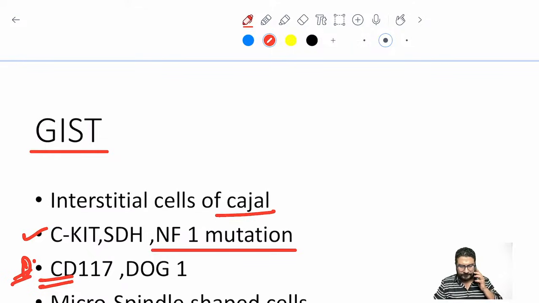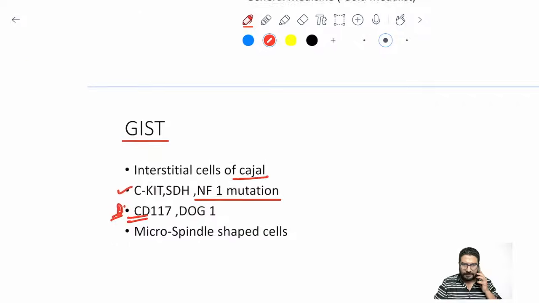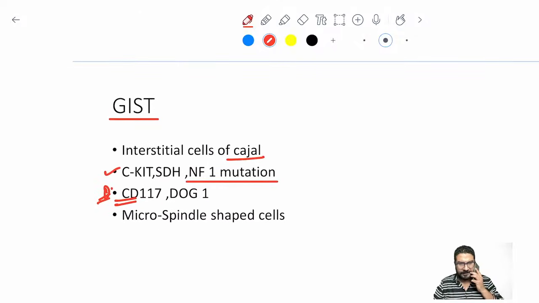Jimesh ji. Hello. अभी ठीक है अभी ठीक ओके